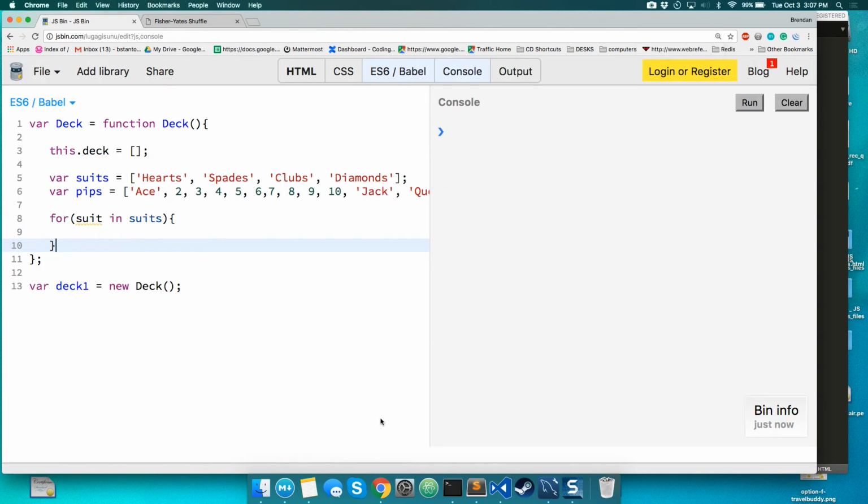And do I want suit to be accessible outside my object constructor? No. So I'm going to say var suit in suits. So this is going to walk through all of my suits. For var pip in pips, which will walk through all of my pips. So this is for every suit, we have every pip. And we want to just push it. So we're pushing